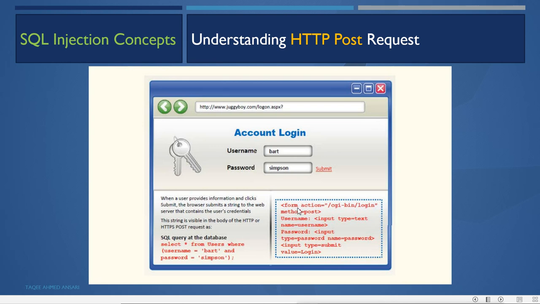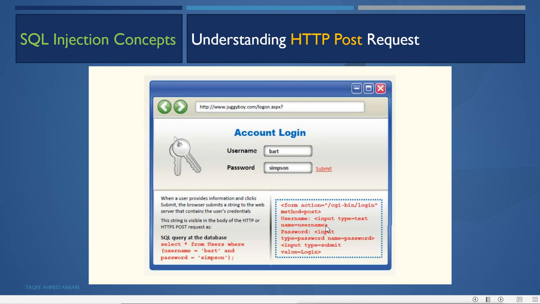So the user will send the POST request through the HTML like this. The browser will send the POST query like this, and then when it goes to the web server, the web application will convert it into this query string, and the information provided by the browser in the POST request will be filled into this query string, like the username field, input type text, name username.